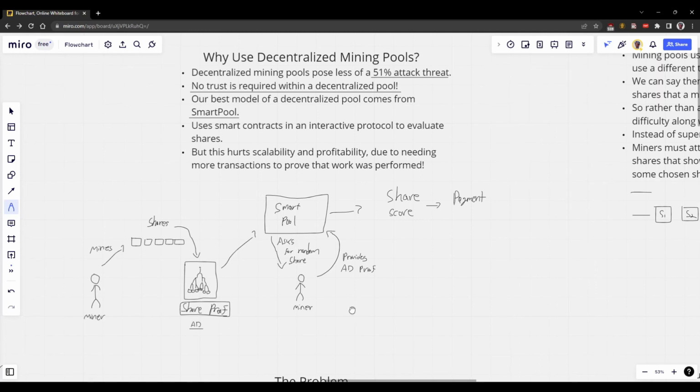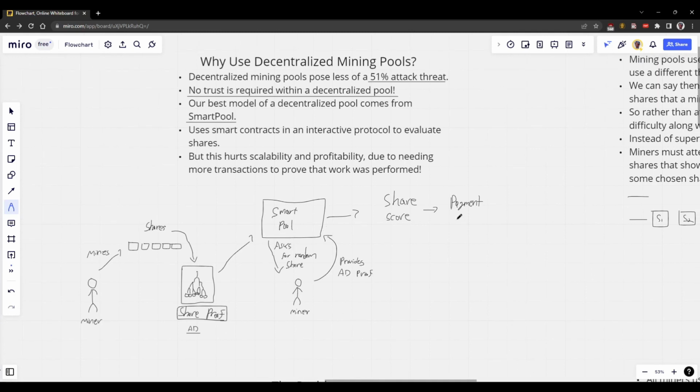Here's a little representation of how the SmartPool protocol works. You have your miner, he mines some shares locally, and he takes all these shares and puts them within something called an authenticated dictionary. You can usually represent this as some sort of tree using a hashing function, something like a Merkle tree or an AVL+ tree. And this tree is going to be called a share proof. Now the share proof is sent to this SmartPool contract,